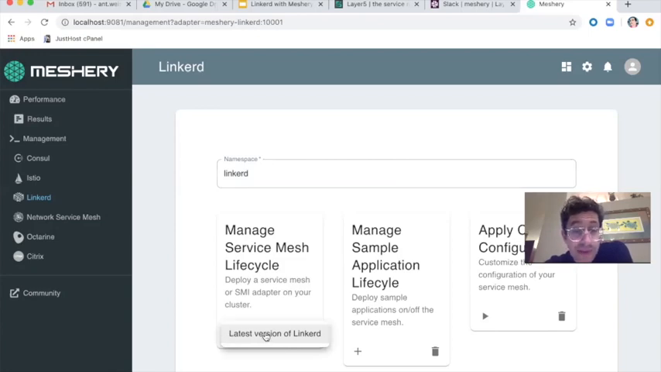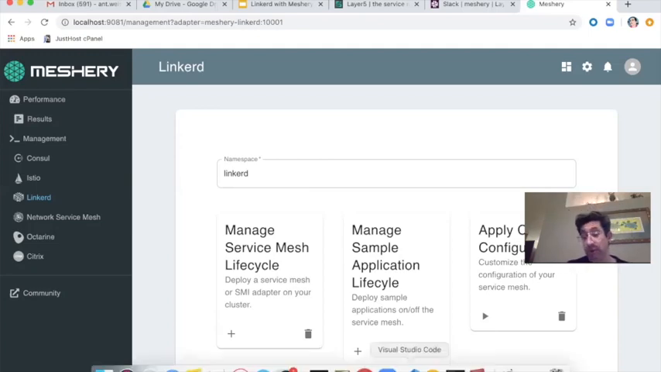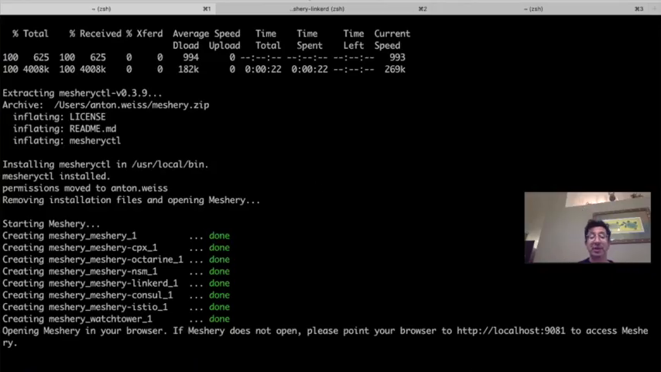So let's finally deploy Linkerd to our cluster. We're deploying the latest version of Linkerd. Meshery is working by default with the Edge release of Linkerd, which is the newest, the most risky, and maybe not totally production-oriented version of Linkerd. Once we hit the deployment button, we can look at what Meshery is doing in the background